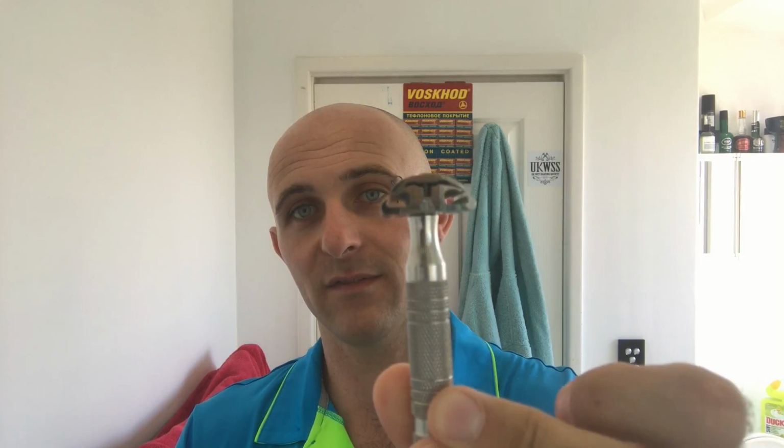The Timeless, 0.95 blade gap, full stainless steel. Beautiful razor. Super smooth, super efficient. Nice heavy weight, just gorgeous. Up against the Mueller R41 Twist, which once again is a beautifully designed, beautifully executed, pristine razor. There's not a single thing on this razor that looks out of place. Everything about it